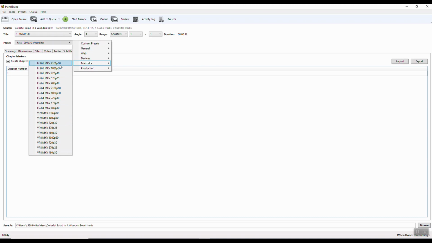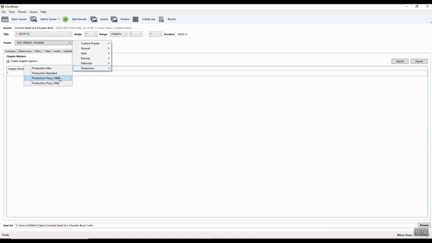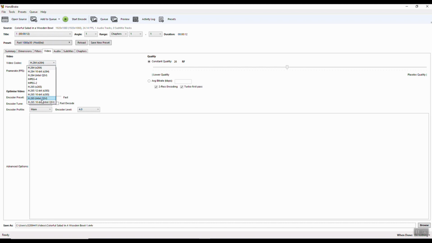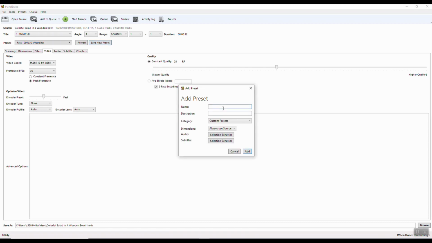And you get the format options here with all the frame rates and other stuff and the production options, which you would want for high quality production, and we usually don't use them. So while doing all these options, suppose I felt H265 is better, then maybe compression should be somewhere around 28. And once you have done all your settings and you feel these are the best settings, you can click on save new preset here, give the name maybe my settings,